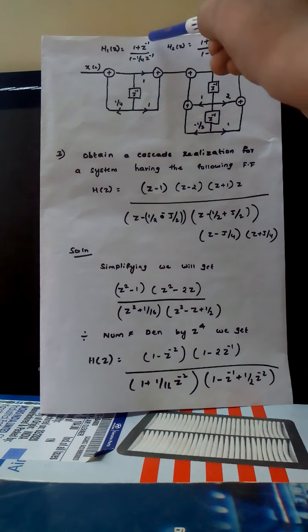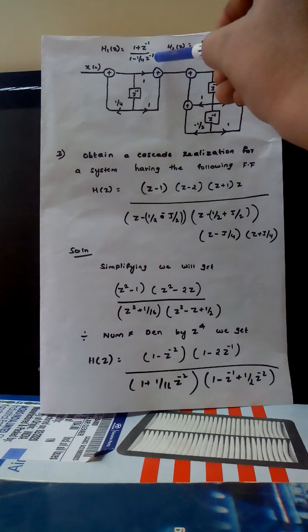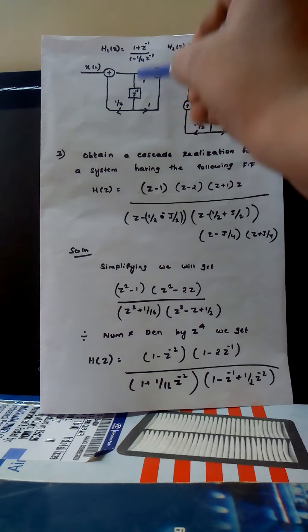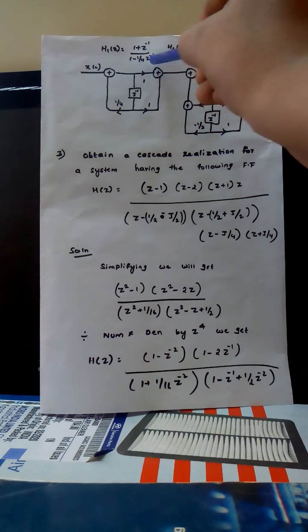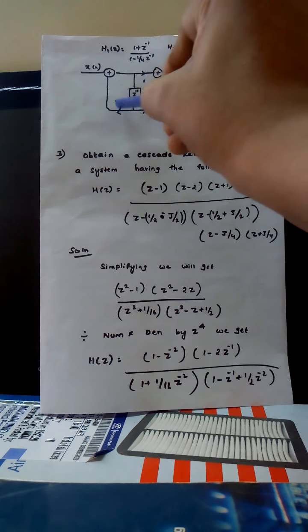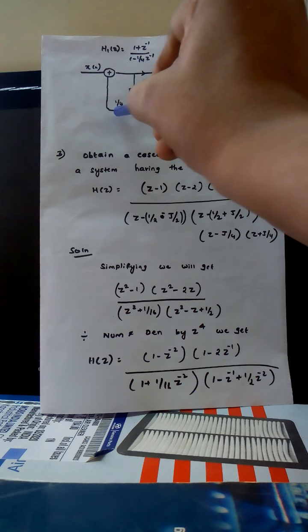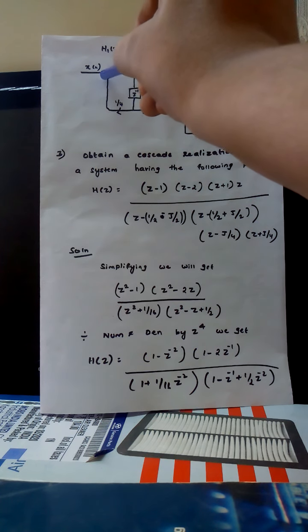For both the numerator and denominator, the highest order is 1, so I am using only one shifting operator. Then down here, it is your output term, so if it is negative, you have to take it as positive, correct? After your shifting operator, it is multiplied with 1 by 4, so I am adding here.